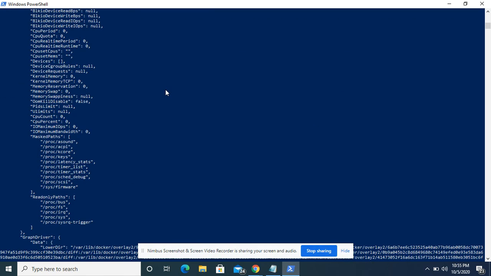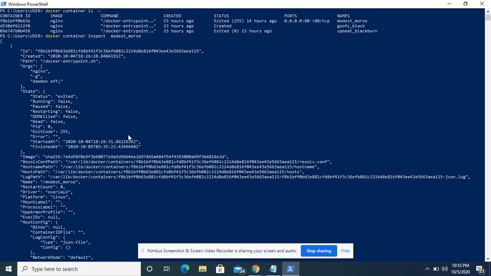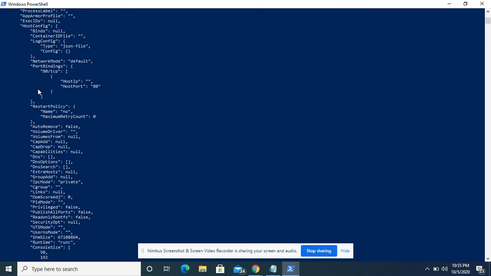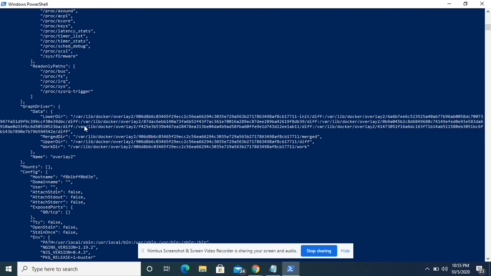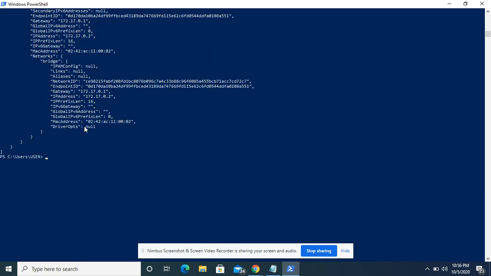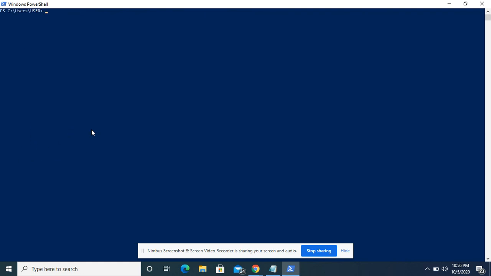What inspect does is it will return you a JSON. While using the command, you have to define which container you want to inspect. So the command would be docker container inspect and the name of your docker. I have defined the name of my docker. After that, it has returned a JSON which gives me the information of the container, all the information regarding this container. Okay, it's a long JSON.